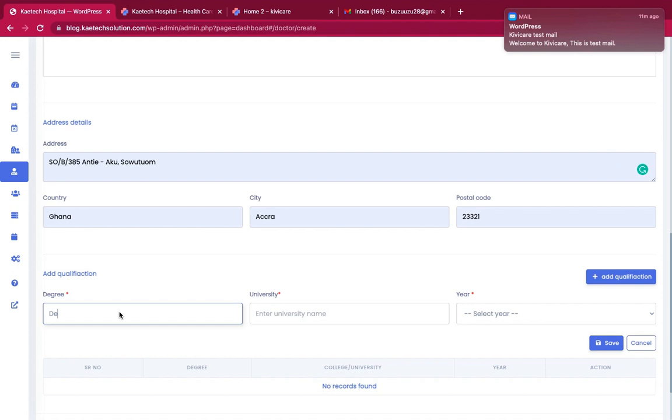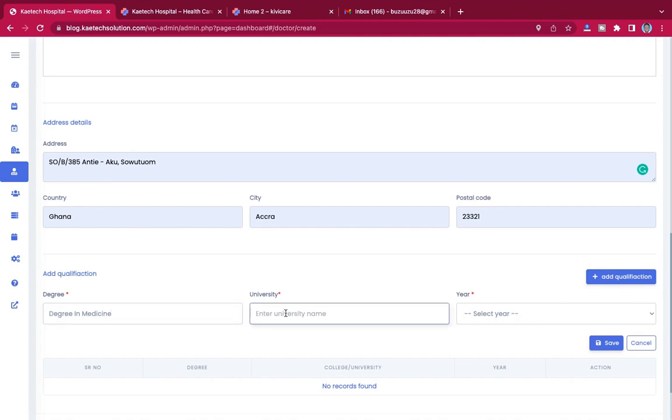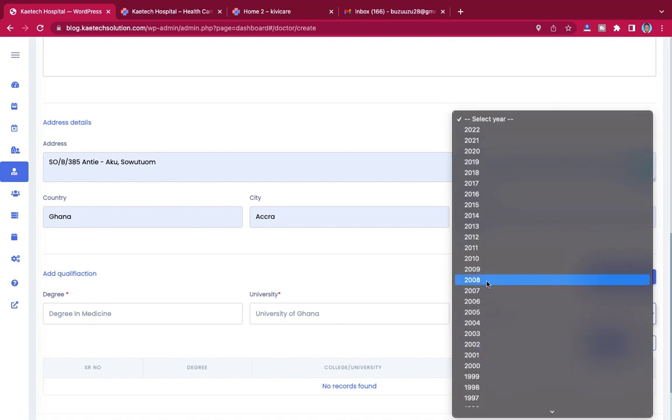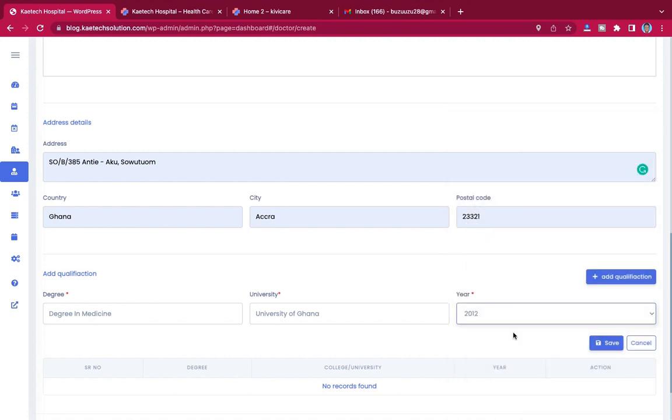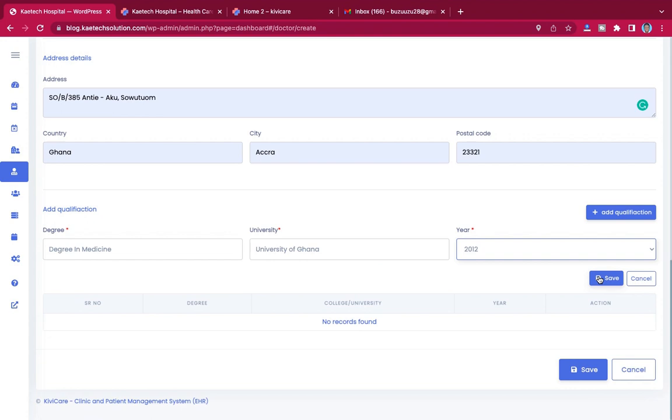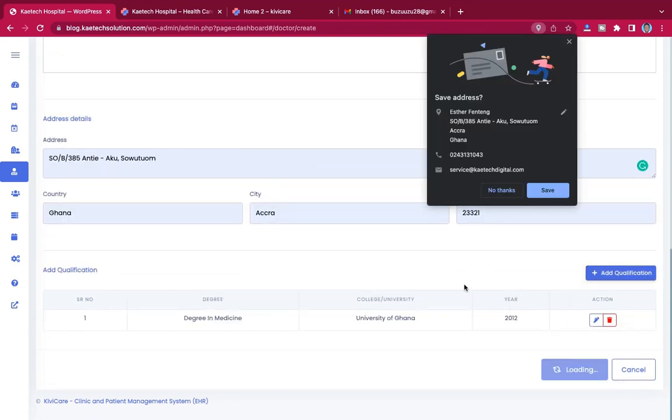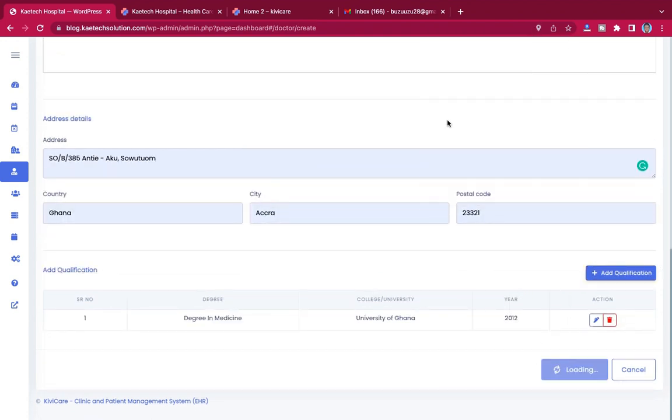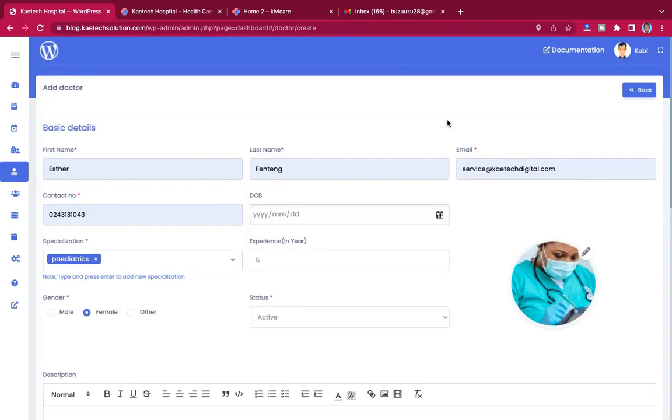Okay, so degree in medicine. Okay, and then also maybe the person completed the same school. Okay, University of Ghana, and then the year is, let's say, 2012. Okay, and then after that we can click on save, and then click over here to save the changes. So now that we have two doctors,